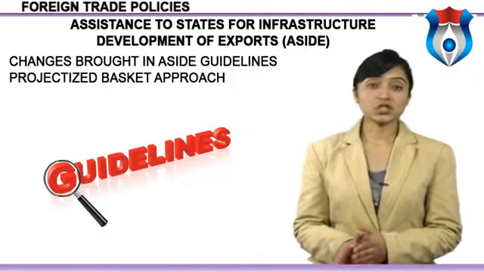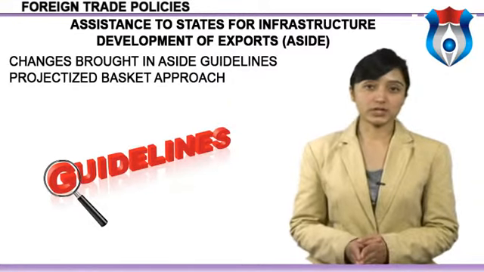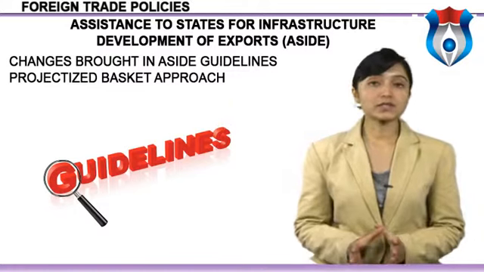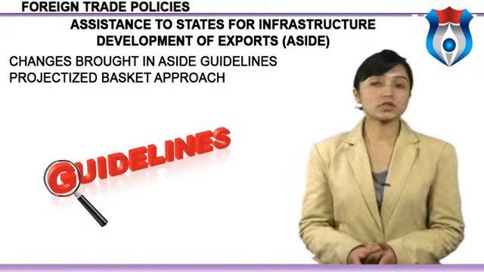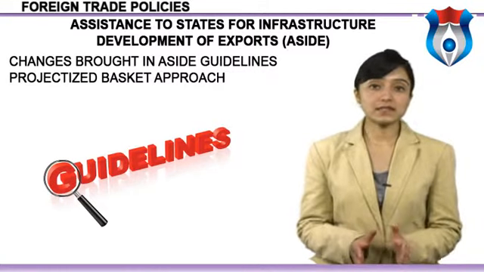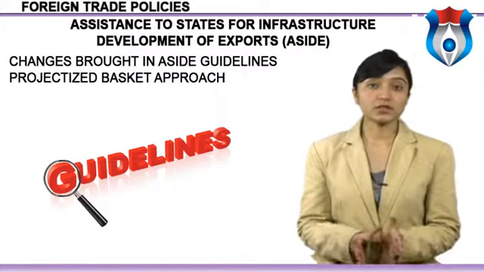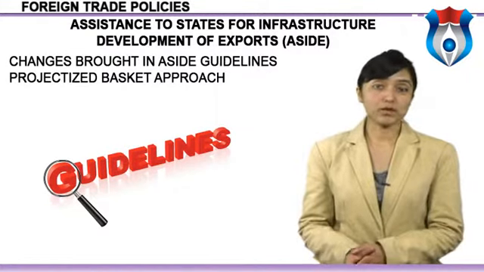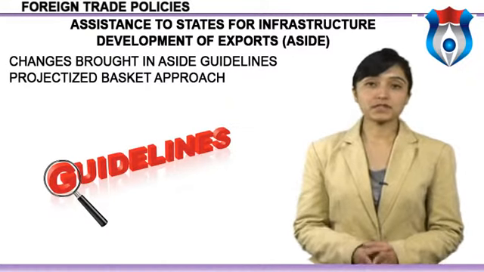The list shall serve as the benchmark for the type and size of the projects. Such basket will consist of shelf of projects, 20 to 40 in number, received from all states, UTs, and states are to implement these ASIDE projects during 12th FYP on priority basis. 4 category of states, UTs.